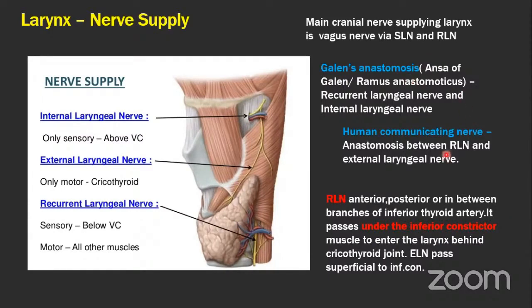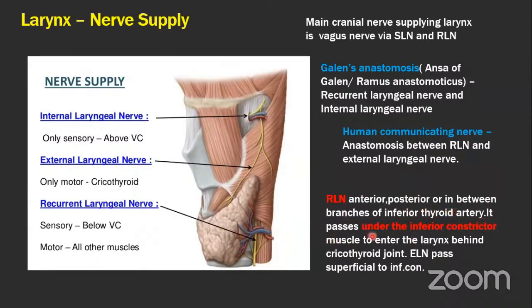But if the anastomosis is between recurrent laryngeal nerve and the external laryngeal nerve, that is called the human communicating nerve. These two you have to remember. In Galen's anastomosis, it is purely sensory between recurrent laryngeal and internal laryngeal. But in human communicating nerve, it is between two motor, that is external laryngeal nerve and the motor branches of recurrent laryngeal nerve. And this recurrent laryngeal nerve goes anterior, posterior, or in between the branches of inferior thyroid artery,